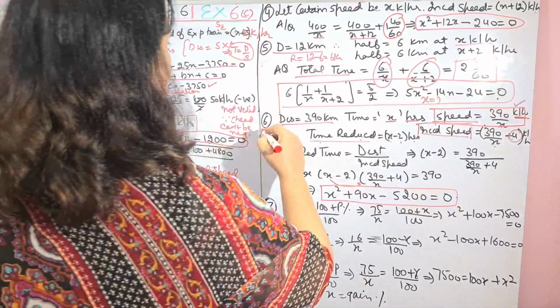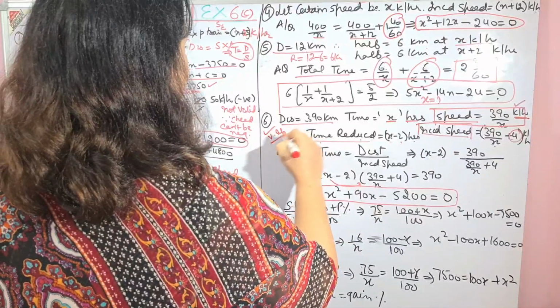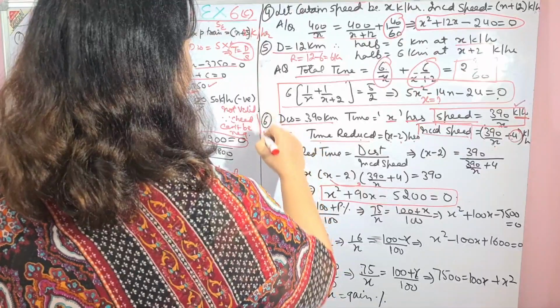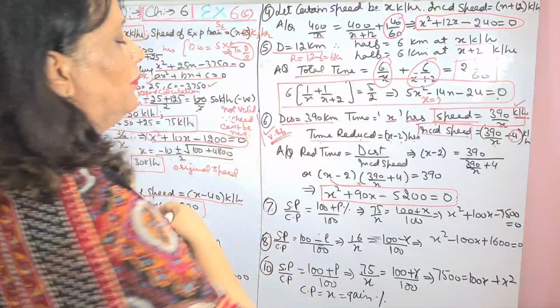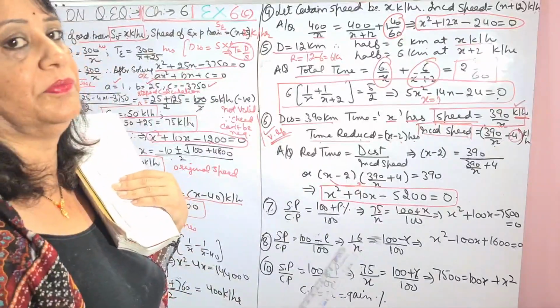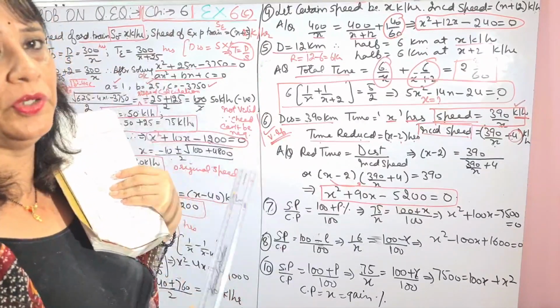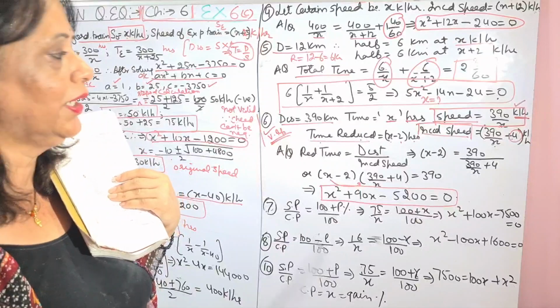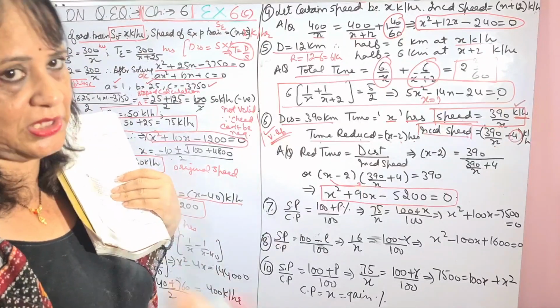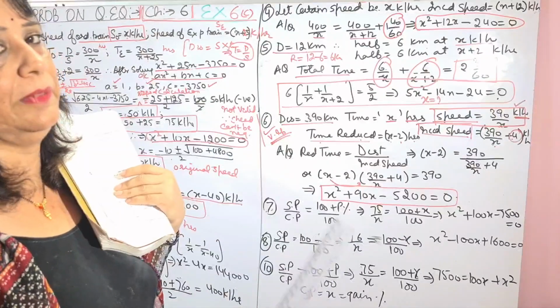A very, very important and a very favorite sum of the teachers, especially examiners. Please be very careful. Out of these 6 sums, one question will come. You just trust me, children. If you want to verify, you can do it. In the last 10 years' papers, this type of sums are continuously coming, and that too in the compulsory section.